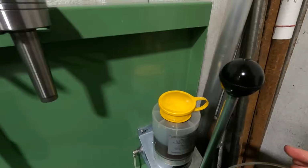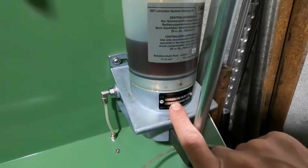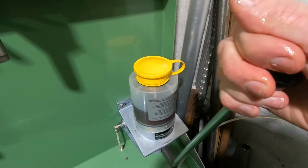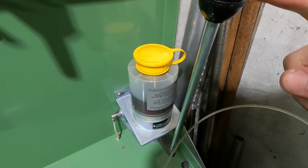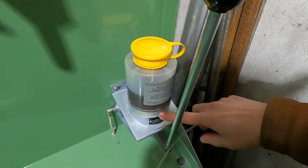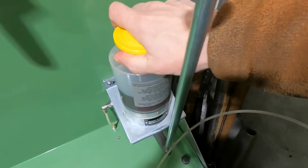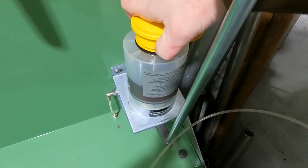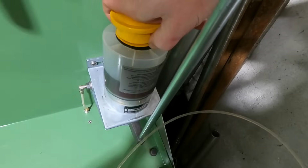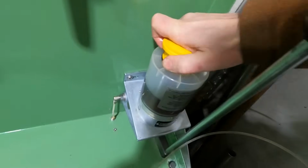So the pump I have installed here on the lathe is an SKF POE-15-05. The 15 means that it can discharge up to 15 cubic centimeters of oil with a full stroke on the lever. The 05 means the bucket takes up to half a liter of oil. And I got this as a new old stock component from the used market, and you see it already happening on me. This is where plastic parts are really not nice on new products, because what happens with this one is